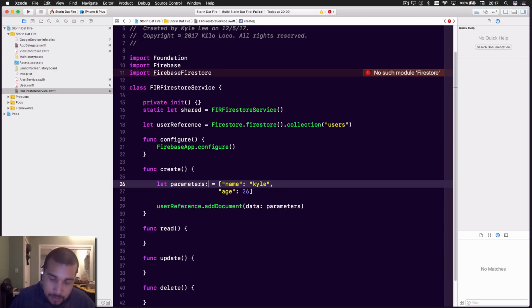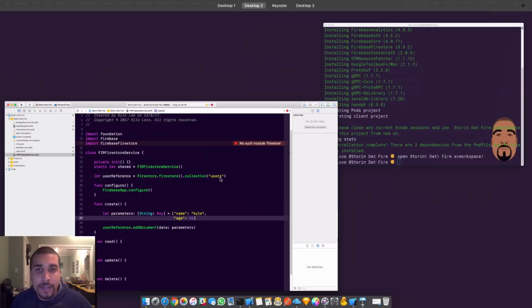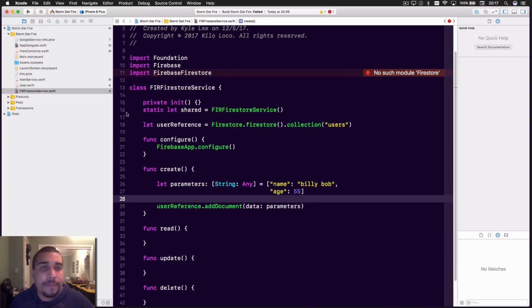It can't tell what we're doing, so we have to explicitly tell it what type it is. So it's a string, any type of dictionary. There we go. So now we can pass it in. Now if we call create, we'll be able to create that user in the backend, and we'll just call this Billy Bob, and remember he's 55, right? So now when we call create,